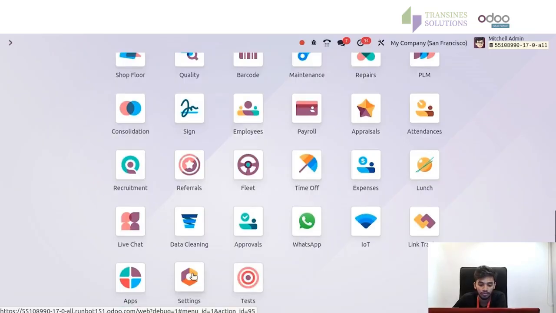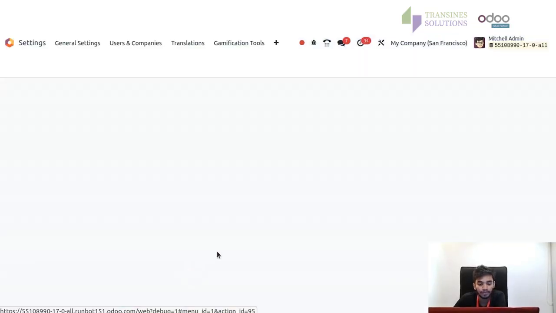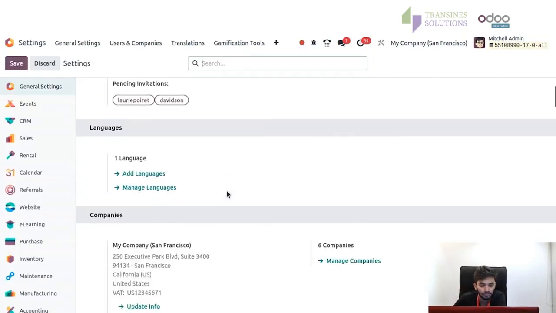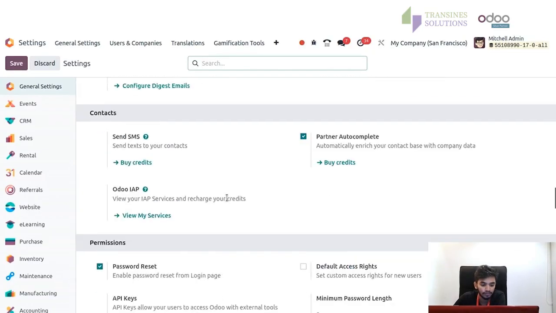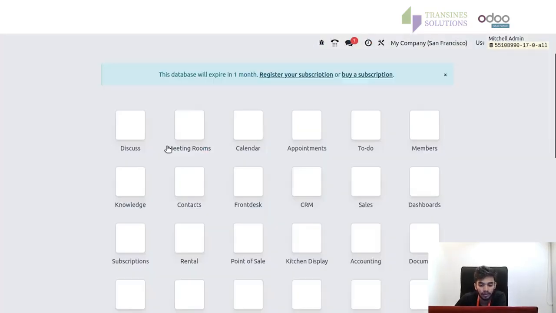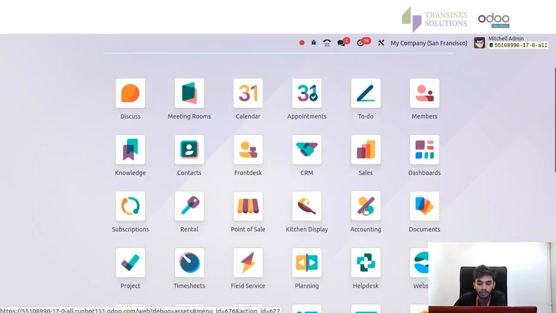So we need to go to settings and scroll down, and you will see the developer tools. There is an activate the developer mode option. You have to click on that. After that, go to the sales model,